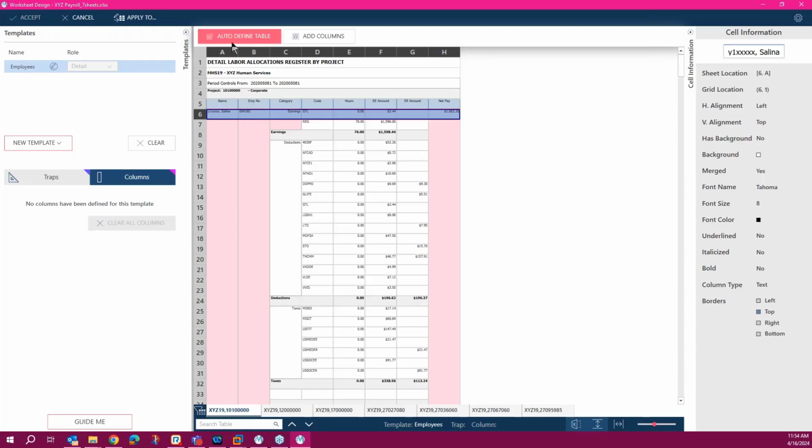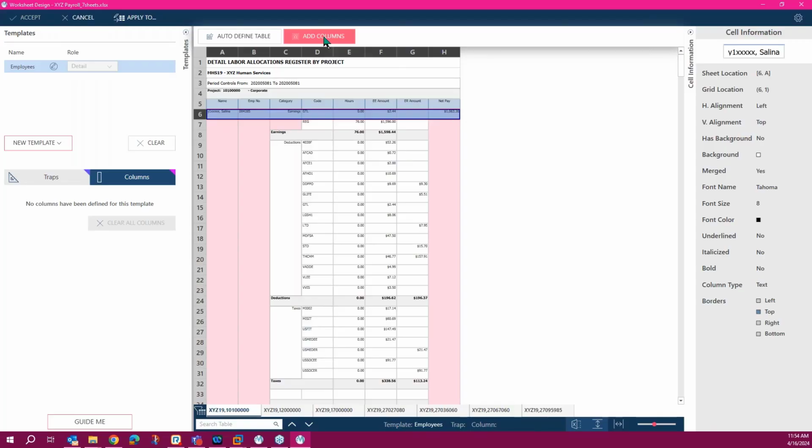And there are two choices here, auto-defined table, add column. If I select auto-defined table, it basically applies some trapping to the selected row, but it may not pick up all the columns. I like add columns because by selecting add column, it will select all the columns that I selected here.